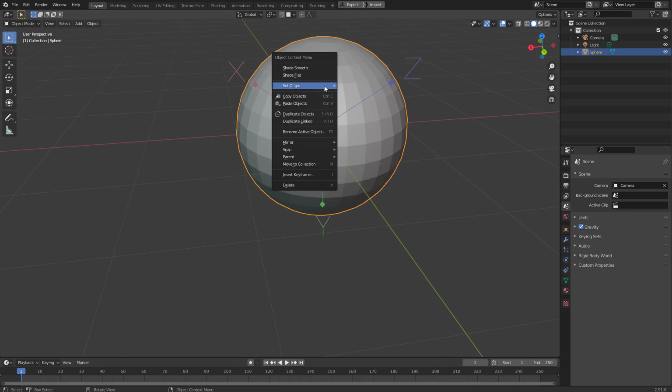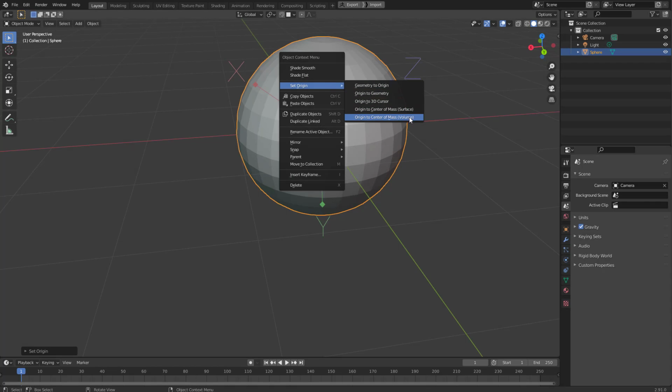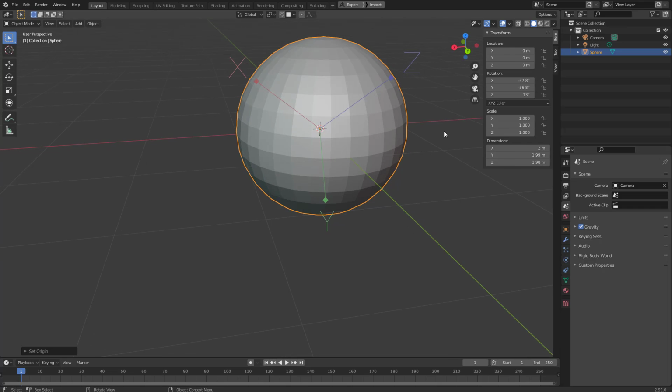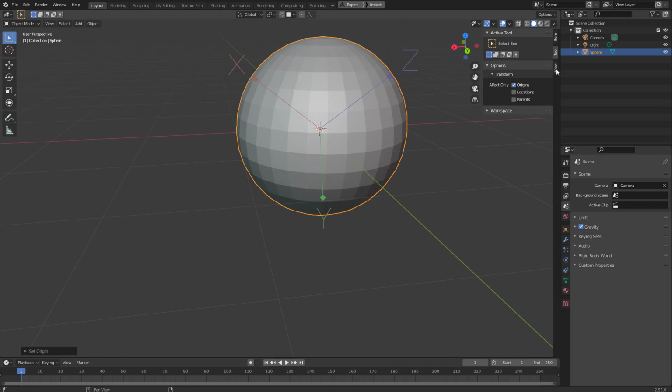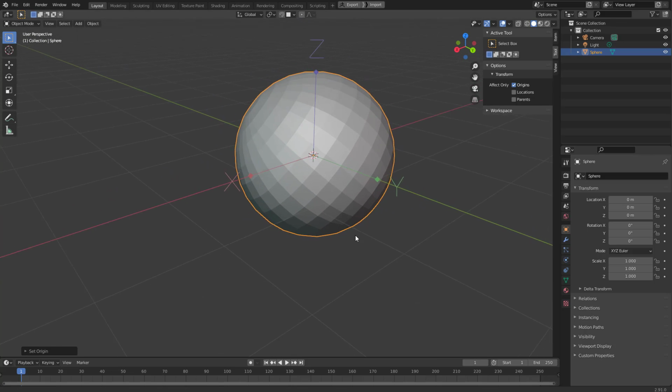Okay, what we're gonna do is right click, set origin to 3D cursor. Doesn't change the orientation of the origin. That's actually new to me. How do I do this? Location to view. Origin should be in here. I guess it's in here. And change that rotation to 0, 0, 0. Huh. Okay, well,